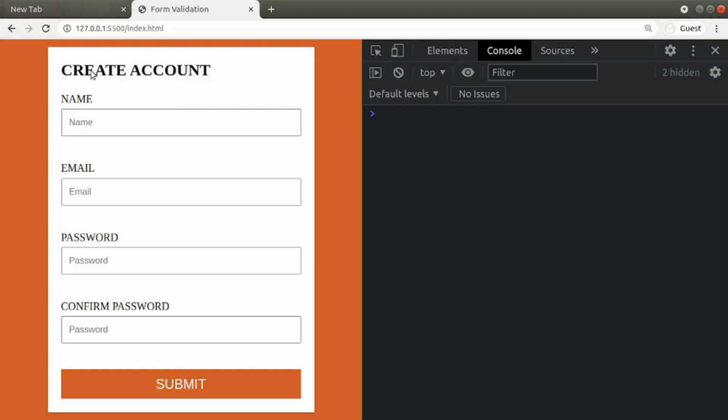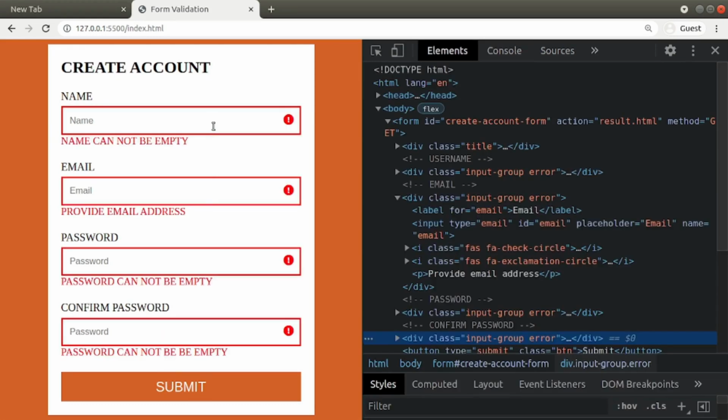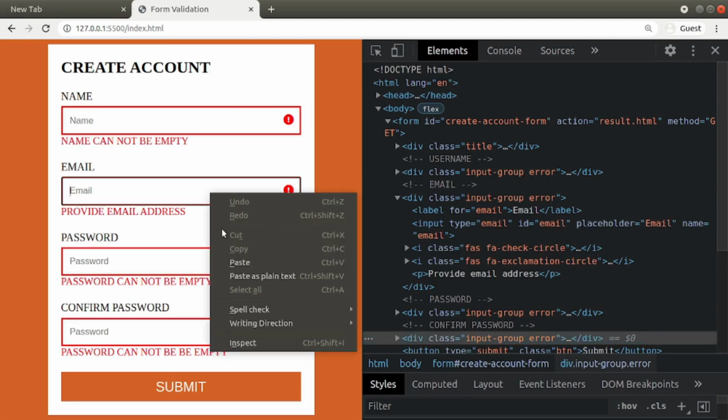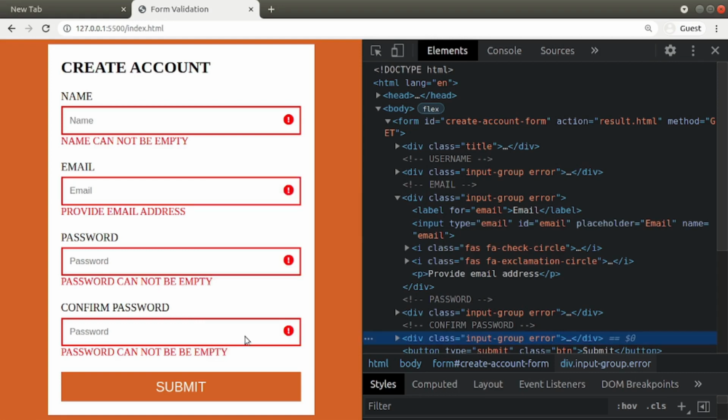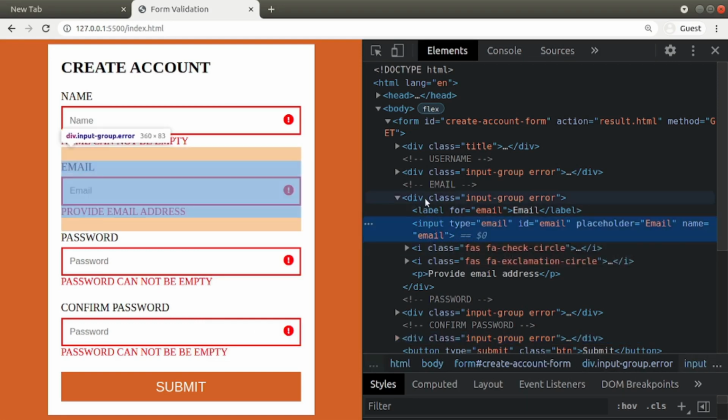Save this one, go to the browser. Here all are invalid. Based on our validation logic, submit. Now click any of these input fields. I'm taking this one, right click and inspect. See, this input is here and its parent is this div. It contains the error class. This is what we did till now to show icons and error messages.